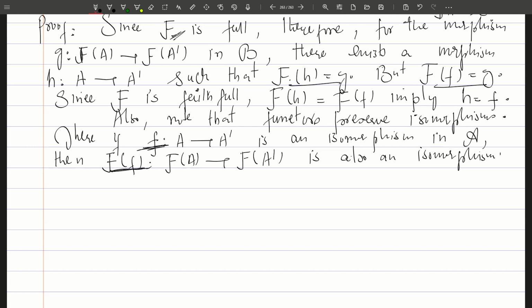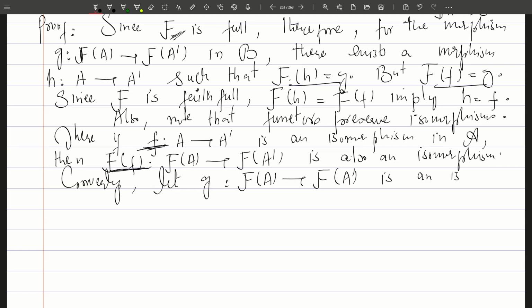So conversely, let us suppose G, from object F of A to F of A prime, is an isomorphism in category B. Let us suppose f prime is a morphism from A prime to A. So this f is a morphism from A to A prime, and this is from A prime to A, so be the unique